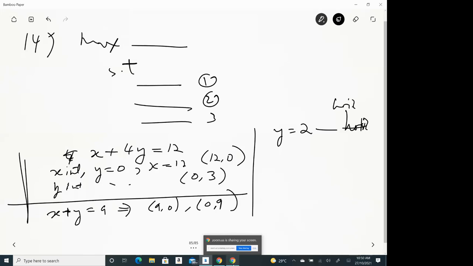Okay, you got the graph. Good. So when you have the graph, we have to find the feasible region,